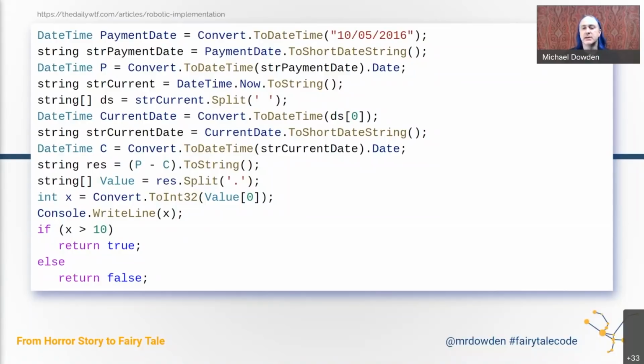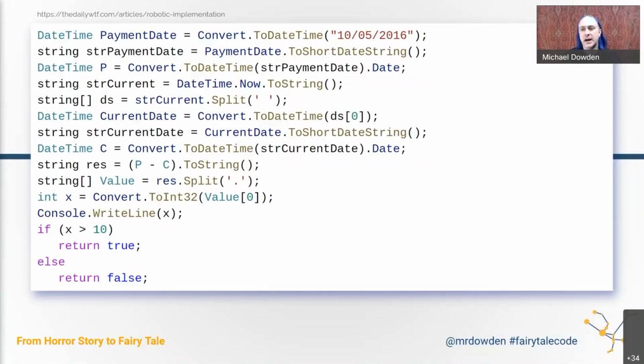And this code, the way it is written, takes time to figure out. And when we get all the way down to the bottom, we're saying if x is greater than 10. Wait, hold up. Where does x come from? If we look, it's a split of a result. We're subtracting the two dates. We're splitting them. My guess is that it's returning true if there are more than 10 days between today and the other date, but I'm not 100% sure. I'd have to really dig into that.